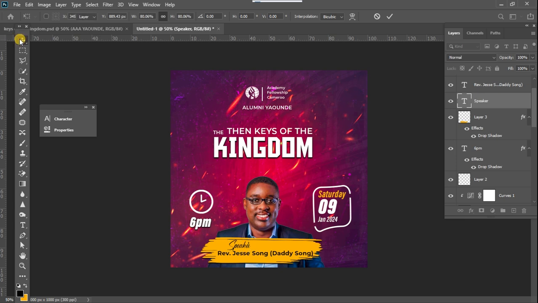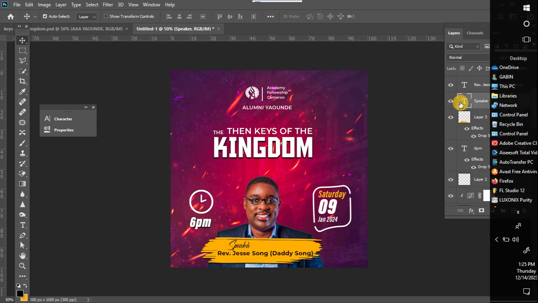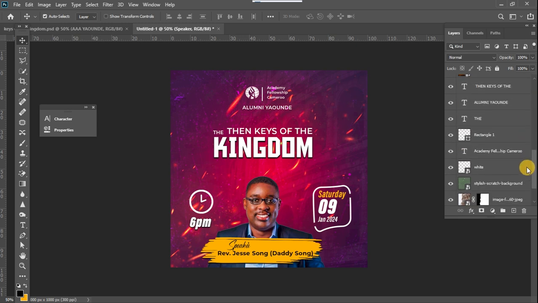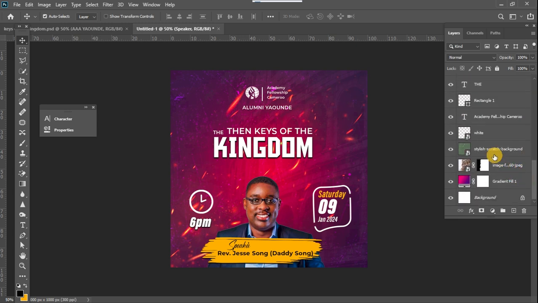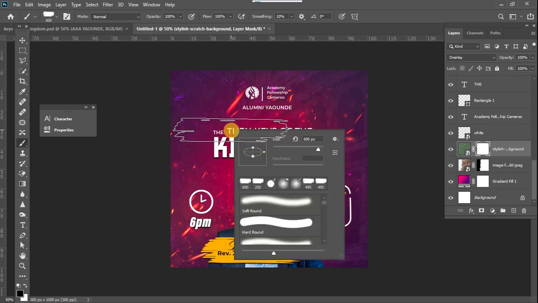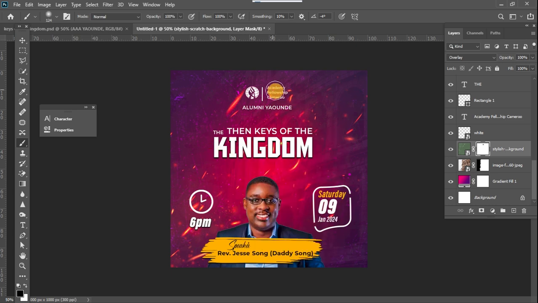Okay, so now what is left for me to do is just to refine the design a little. If you look at this area here, this text here is not clear, so I'm going to go down to the layers below. I think it's this layer. I'll add a mask to it. I'll use a black brush, and I'll switch my brush to a normal soft brush, reduce my hardness down, reduce the size to this, and I'll just click here to take out some of this,